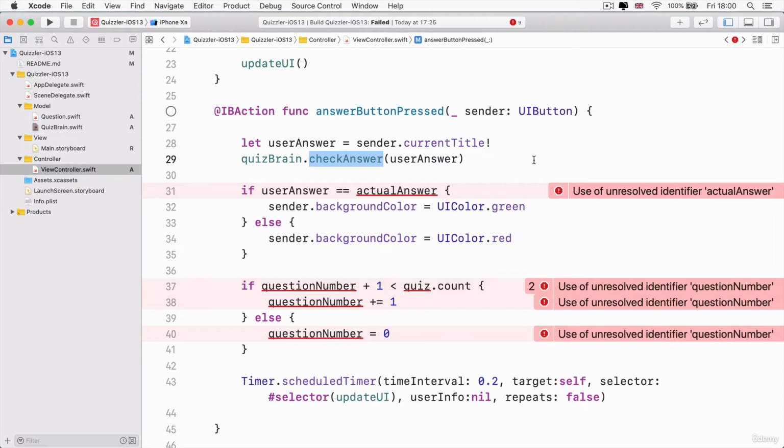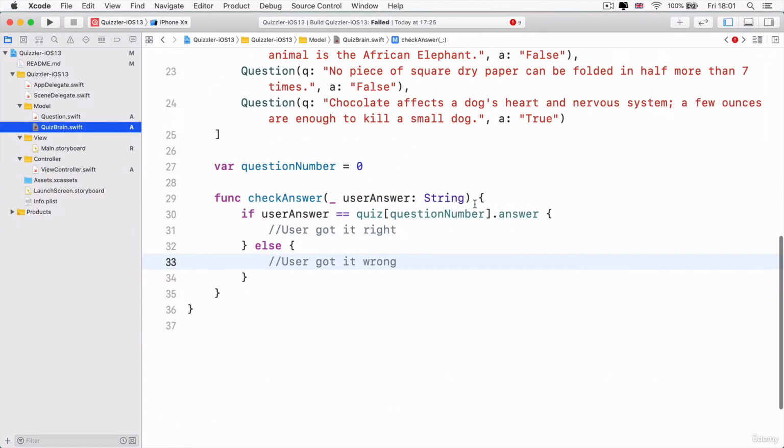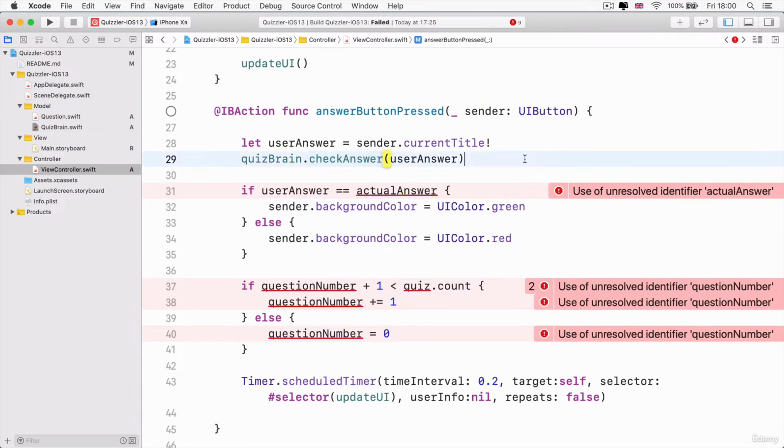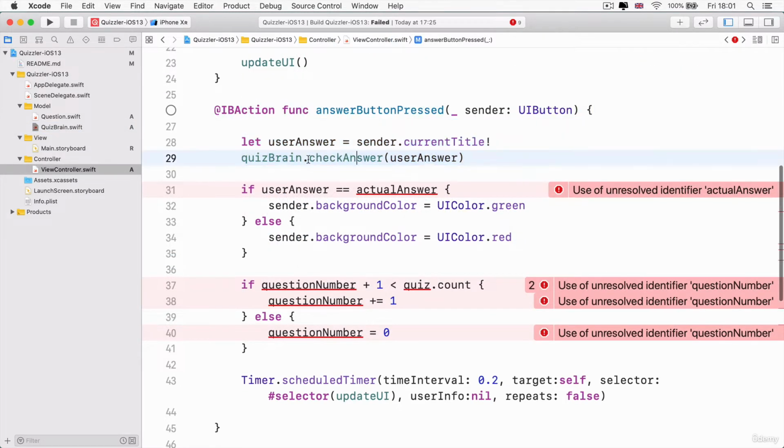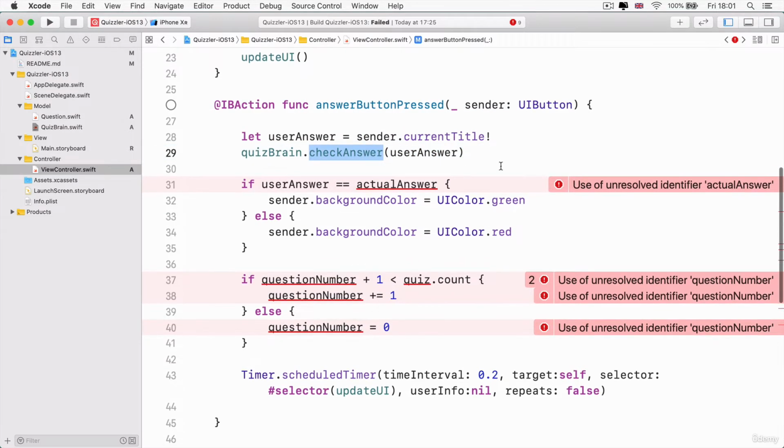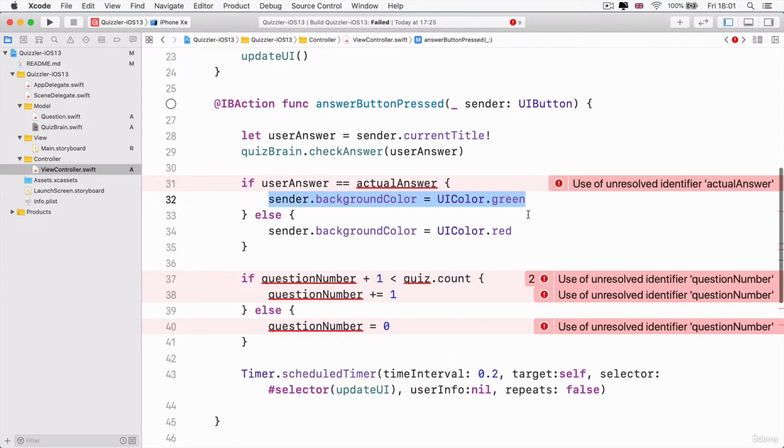In the last lesson, we started to reorganize our code after the model view controller design pattern. We've just added the check answer method to our quiz brain. However, our code is still incomplete. So in order to make this work, we need to get our check answer function to return an output. And that output has to be either true or false,